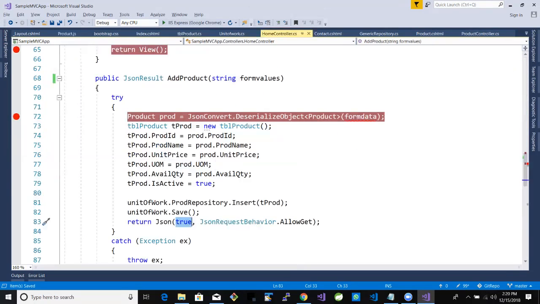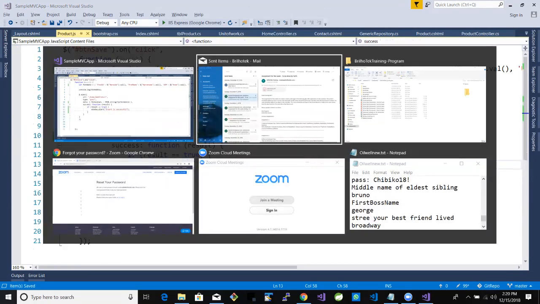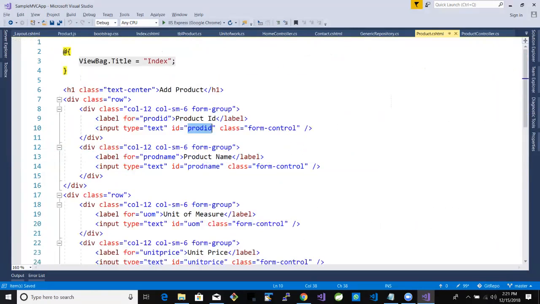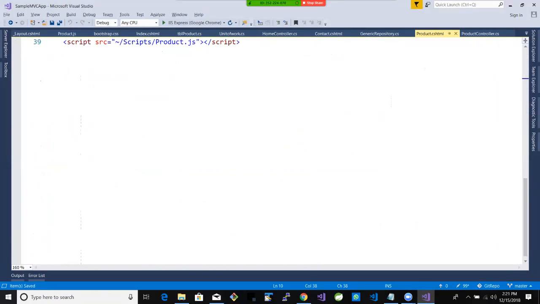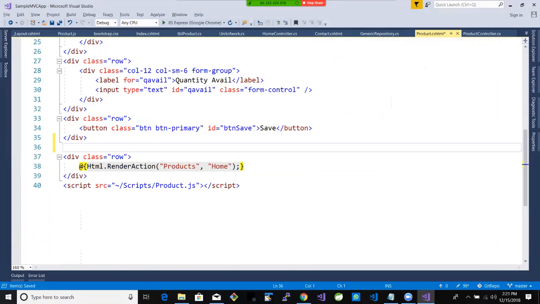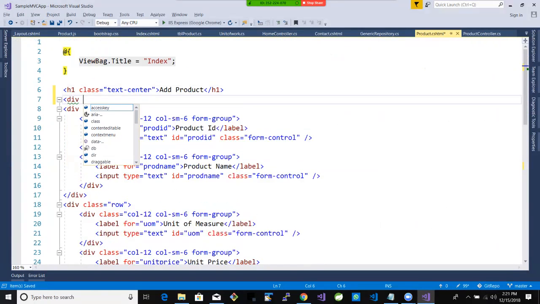Typically, in real applications, you don't want to do window.alert. In the product.cshtml, I will define another div here, or at the top. Let's define it at the top. Div ID equal to message,